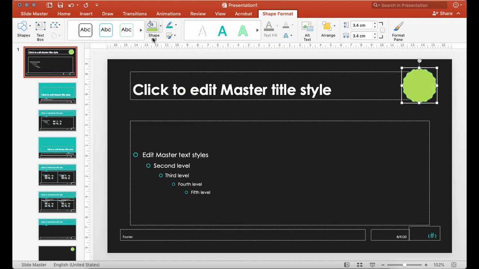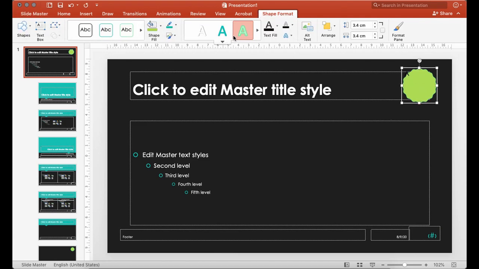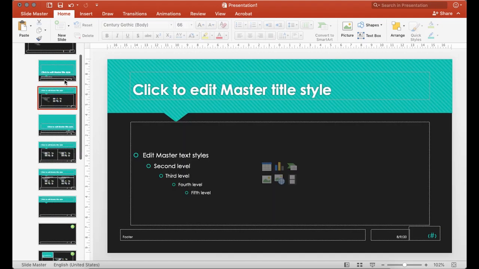So if we have something like that, and let's just give it maybe some text at the center, I will just use A. So I'm just trying to make this feel more like a logo. Okay, so I'm going to centralize this, increase the font size, then centralize the text. Okay, now if we use this as our logo, as you're scrolling down on the available layouts, you would notice